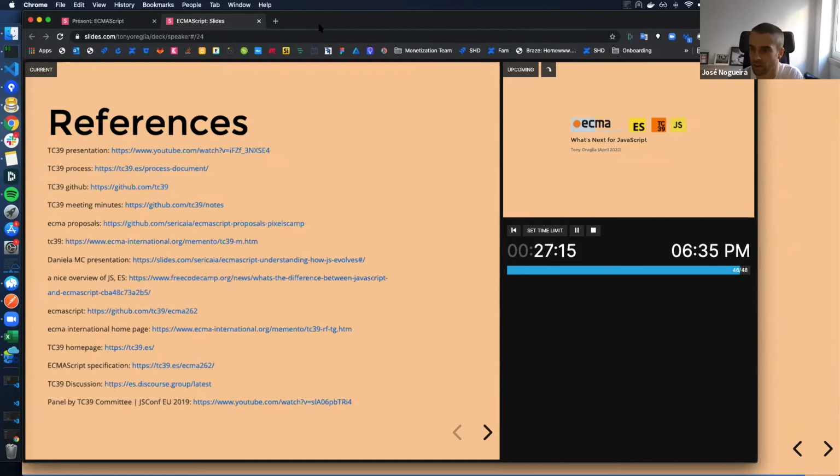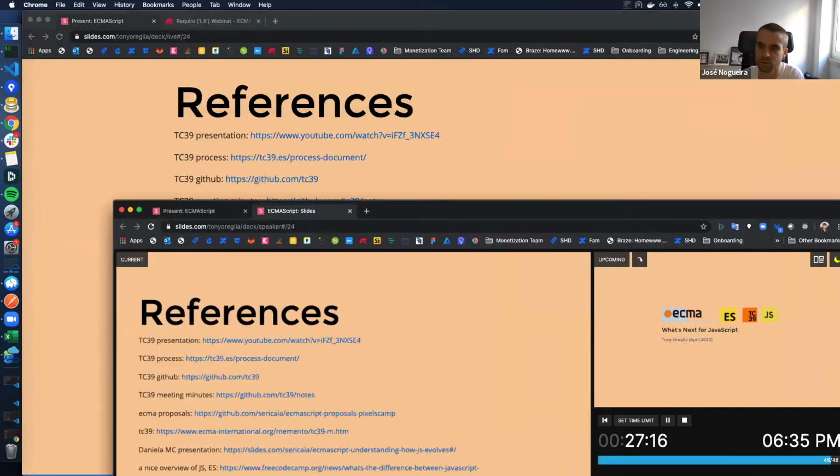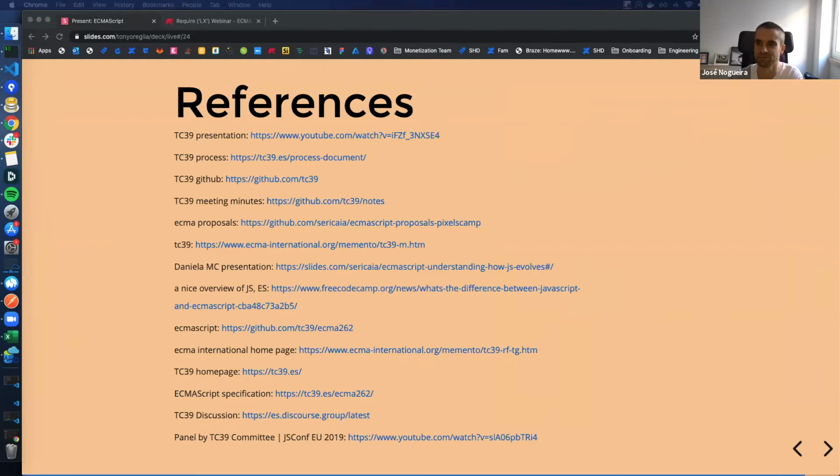Yeah, there's also a comment saying that some of these proposals feel like we're removing the script out of JavaScript so that we are left with just Java, like all this investment in classes feels like. Yeah, I completely agree. Sometimes it feels like when there's something that's successful and going well and there's groups associated with it, there's this tendency to think, okay, what's the next thing to add? What's the next thing to add? Maybe sometimes refining is better than adding. So yeah, I really agree with that idea.